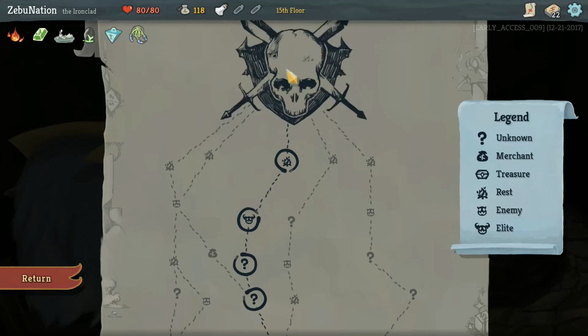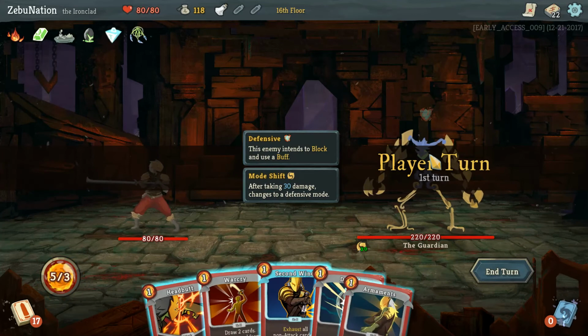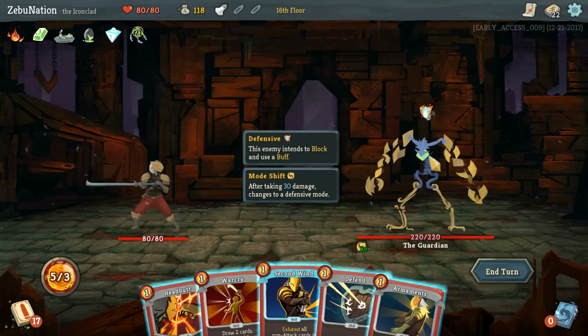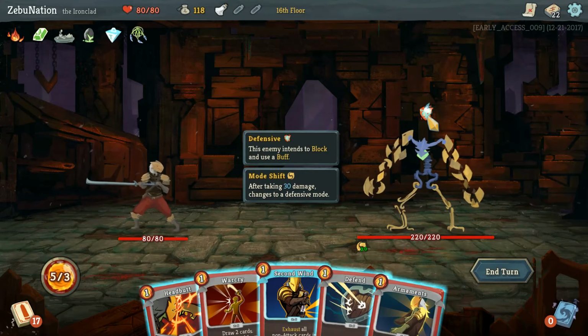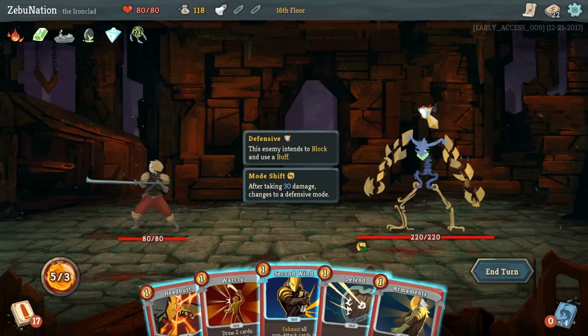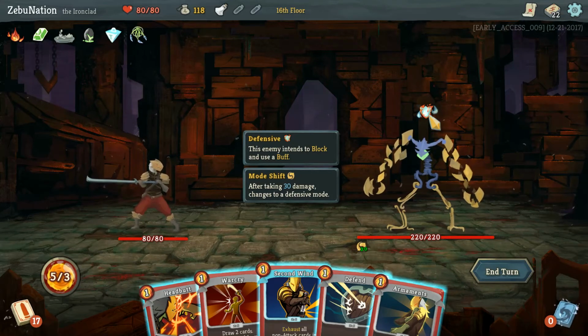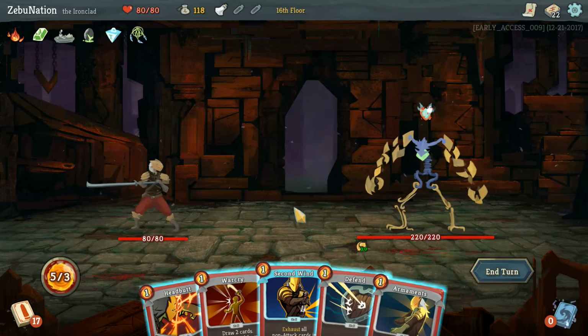Alright, so here we are. 15th floor. Let's go. So we got this dude. He is the Guardian. He is in defensive mode. This enemy intends to block. And Mode Shift: after taking 30 damage, changes to a defensive mode. Okay. But he's already in defense. So,